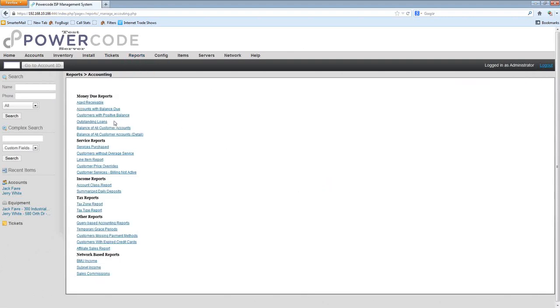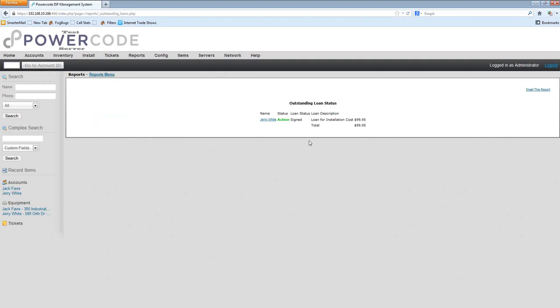And the next report we'll look at is going to be outstanding loans. So I did set up Jerry White with a loan account, and that is why you were able to see that negative balance, because I loaned him some money. So it would look like a credit on his account. Now, 1 month worth of charges did run for Jerry White, so the total loan balance is $140, but here it is showing some money taken out of that. So anybody that does have that active loan will be able to see that information here. Again, you can have this report emailed to you if you are utilizing the loan system.